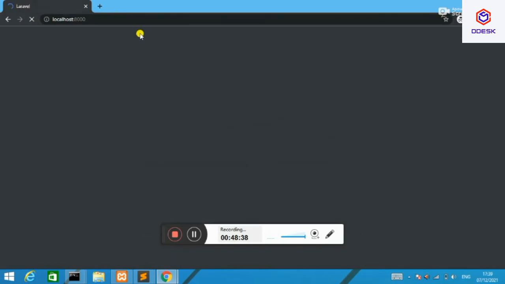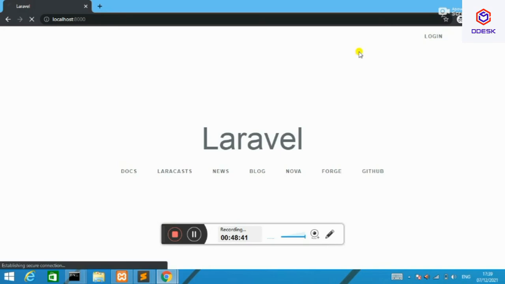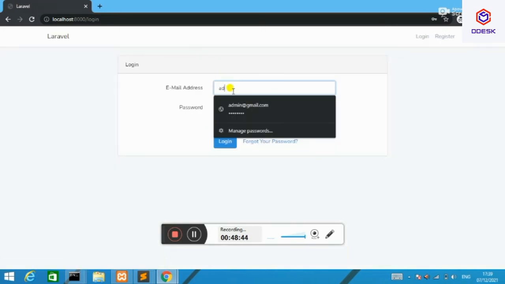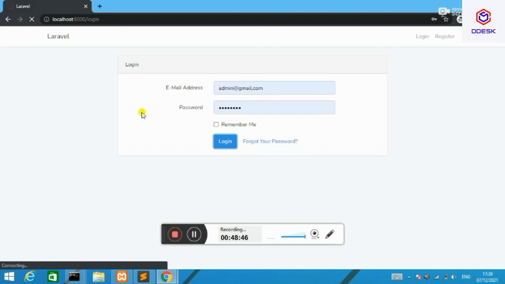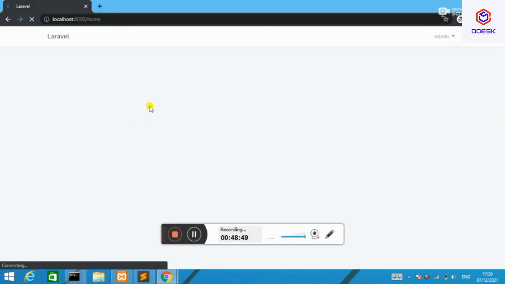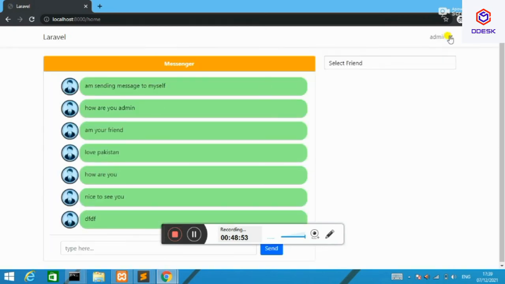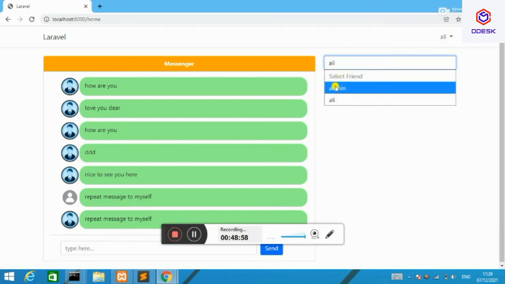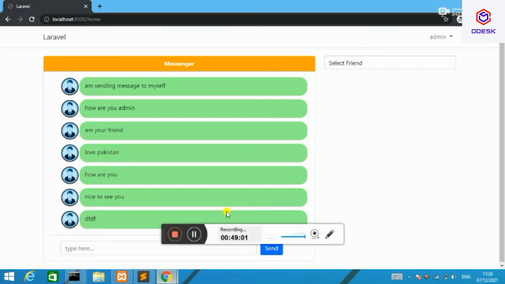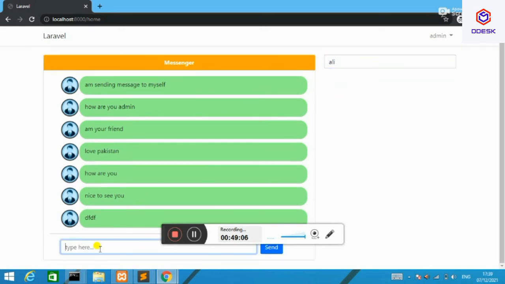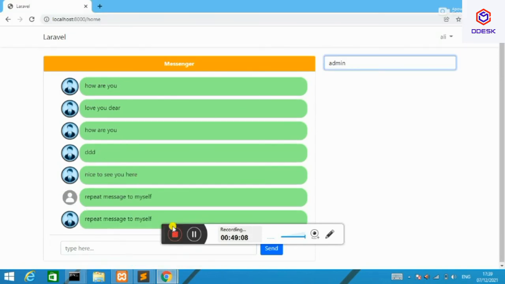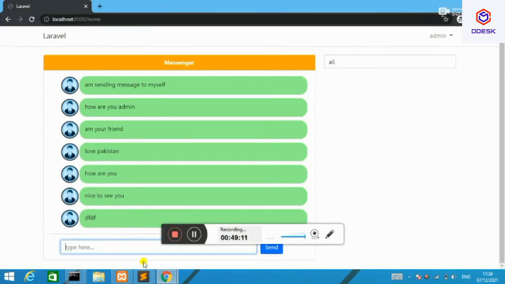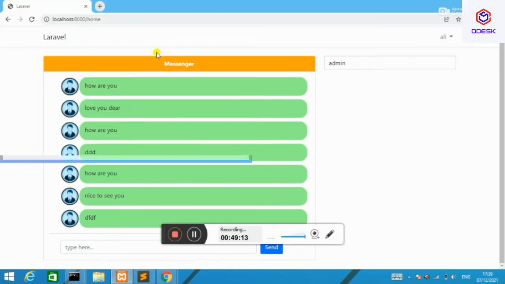Let's open another window in incognito mode, and I'm going to log in through another account, which is the admin account, and on another terminal I am logged in through another user account. Now I try to send a message, but before that let me clear all the messages from the database so that I can show you the real-time chat from scratch.